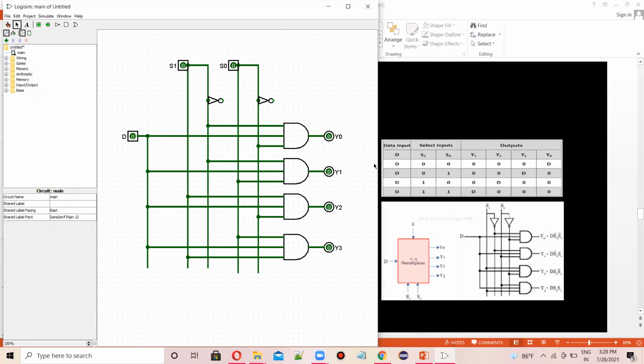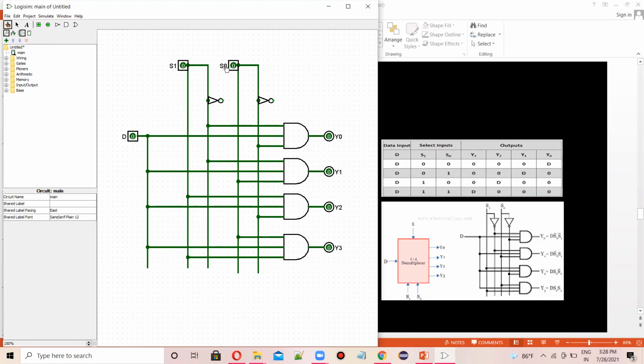Now if all are 0, I mean S1, S0 are 0 0 with data input D, then all other outputs will be 0 and Y0 will be D. Now let's change it by using this hand symbol.